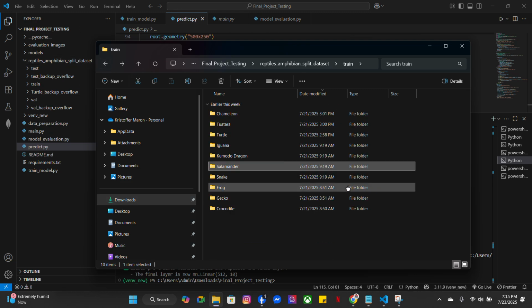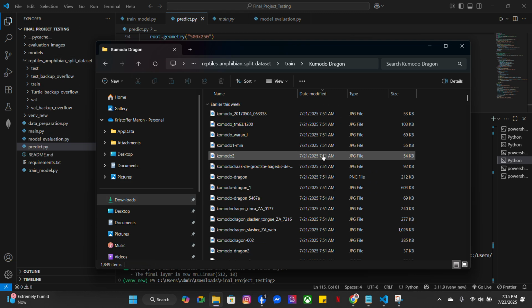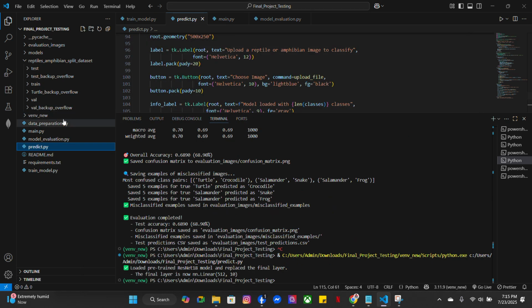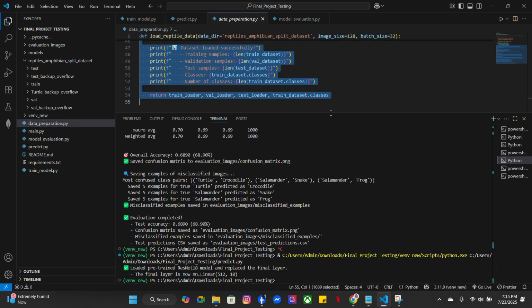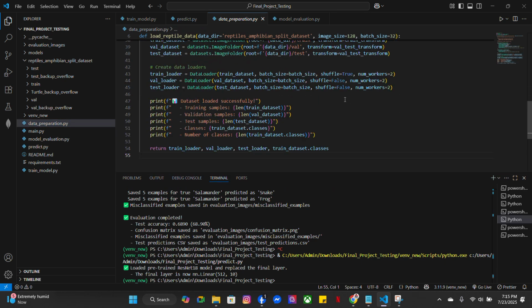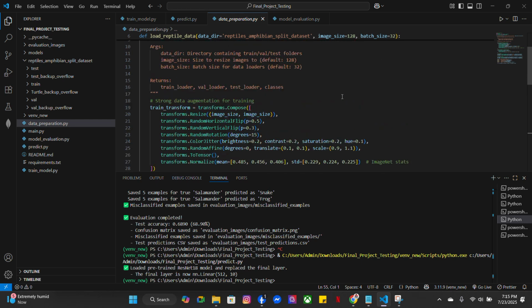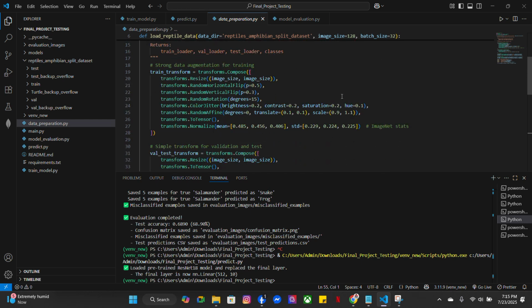All images are resized to 128 by 128 and normalized using ImageNet standards. Augmentation includes flips, rotations, and color jittering.